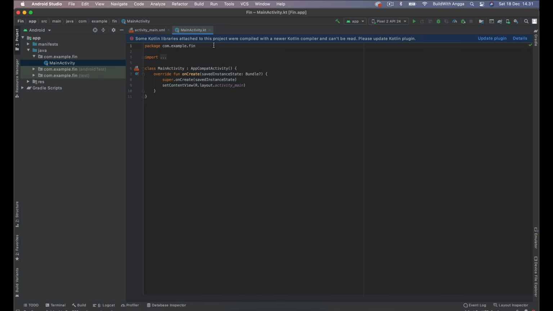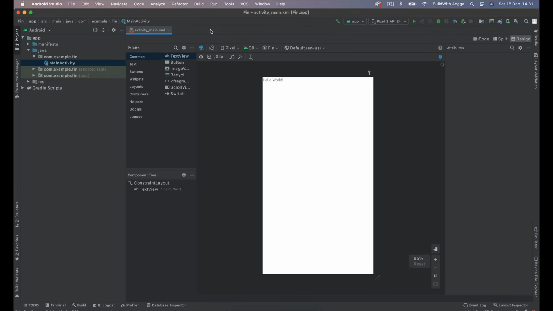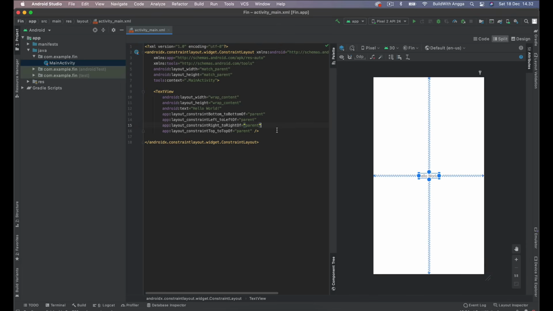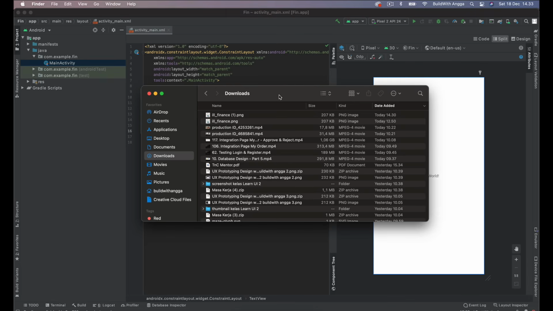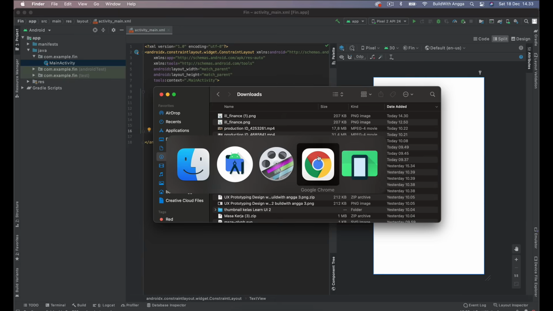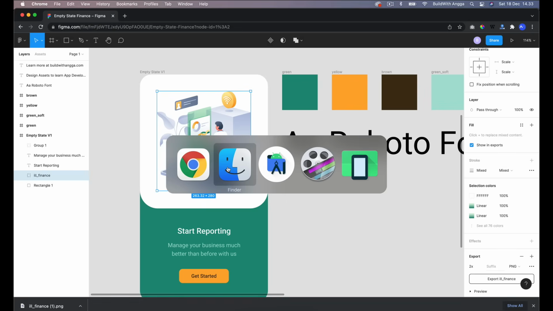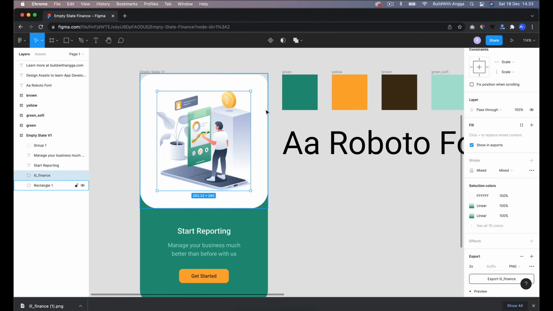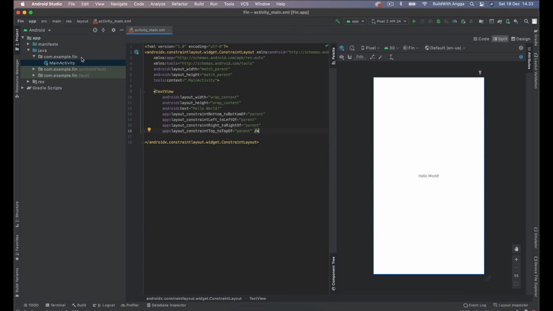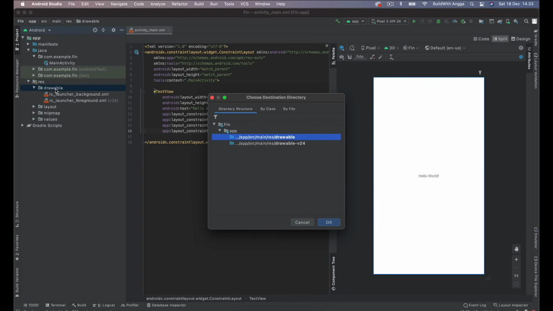Okay, we don't need any programming language in this tutorial, so just close this, and we can use this split mode so you can see the design and then your own scripting code. After we complete the download from Figma, you can copy this design and put it into your Android Studio, into this drawable folder.